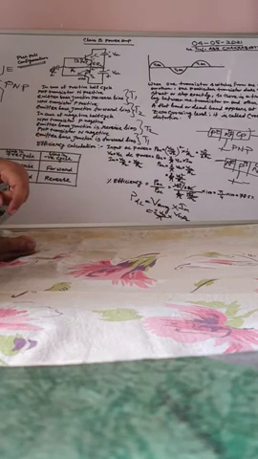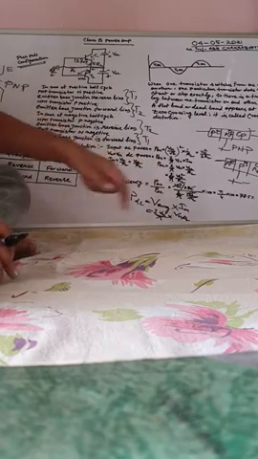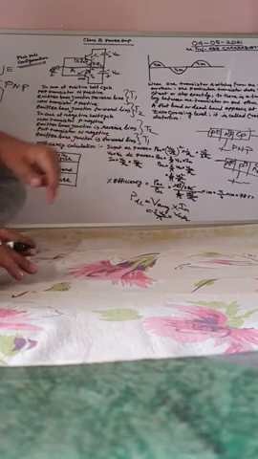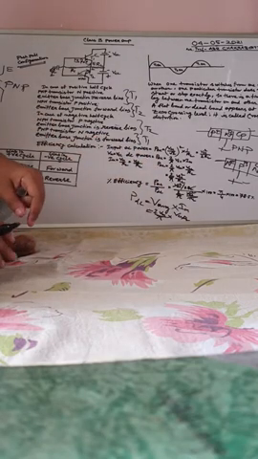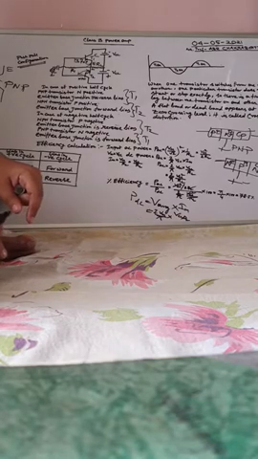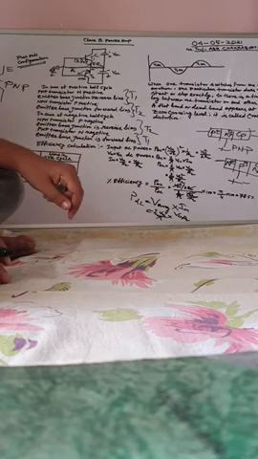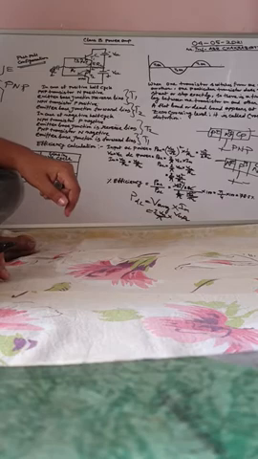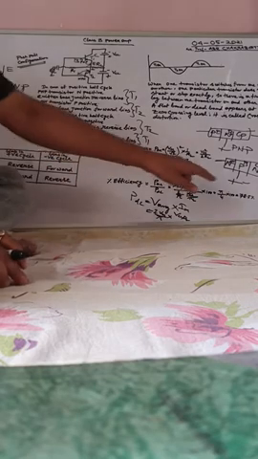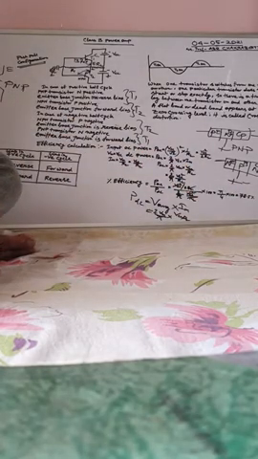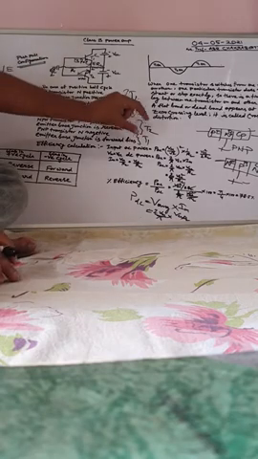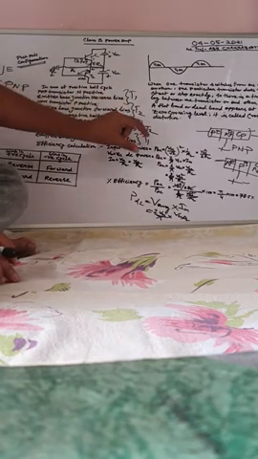So percentage efficiency is PAC by PDC. So VCC square by 2 RL divided by 2 by pi into VCC square by RL, into 100. So it is pi by 4 into 100, 78.5%. It is quite high efficiency compared to Class A amplifier. Class A amplifier maximum efficiency was 50% for transformer coupled and 25% for series fed. Now it is 78.5% for Class B amplifier. I hope you don't have any doubts regarding this.